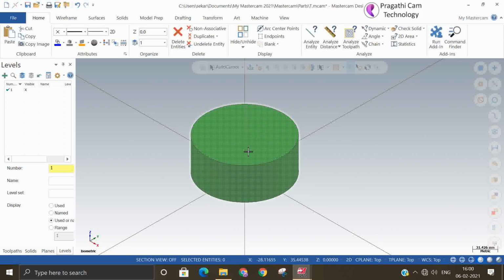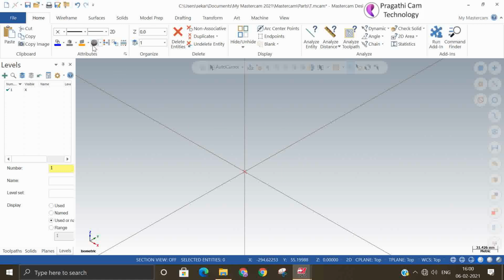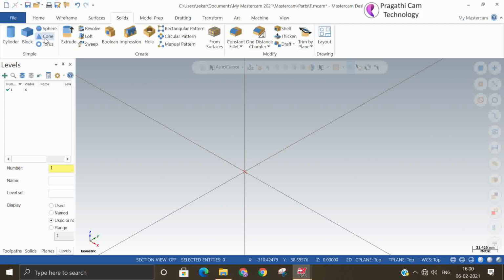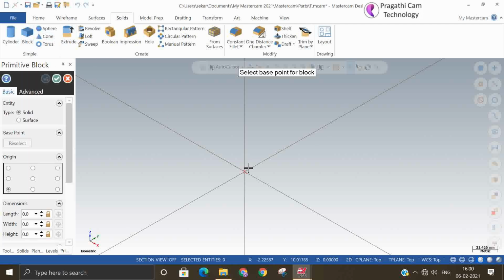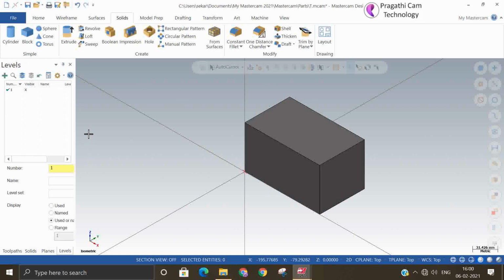I'll do one thing: I'll delete this and make it again, because I'll just keep the base color and draw it. Again I'll make a solid block.